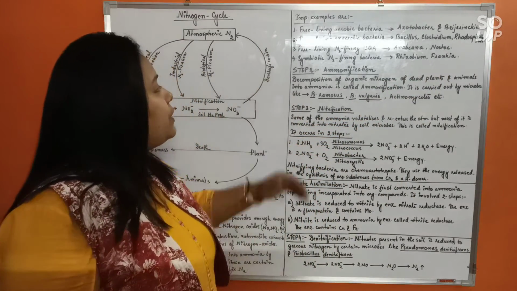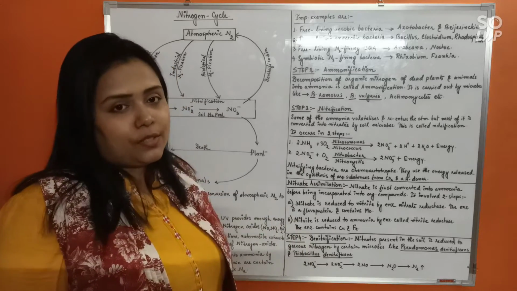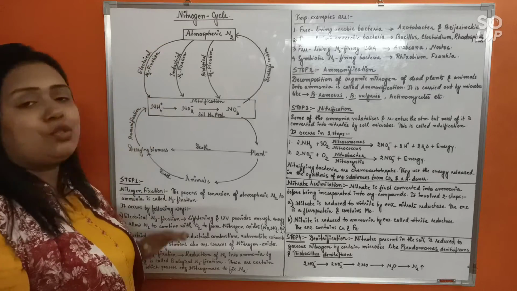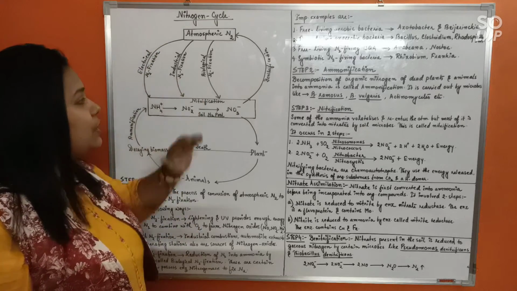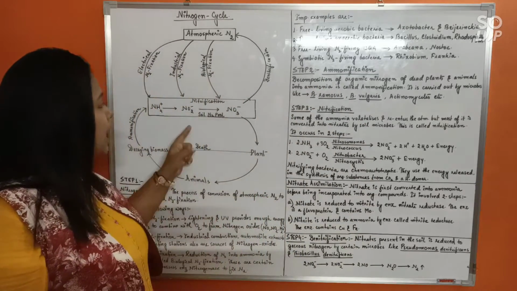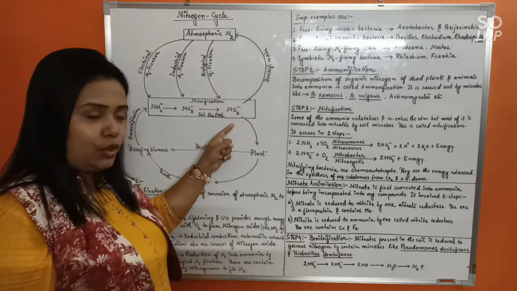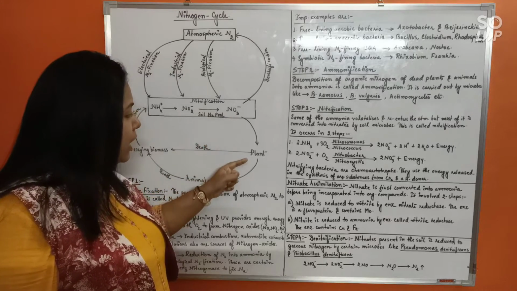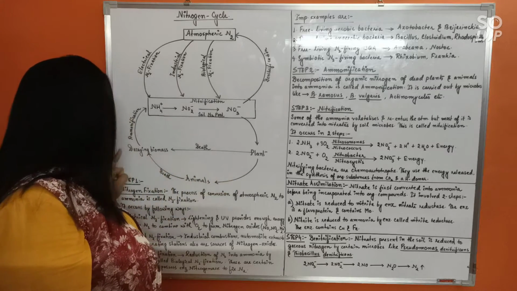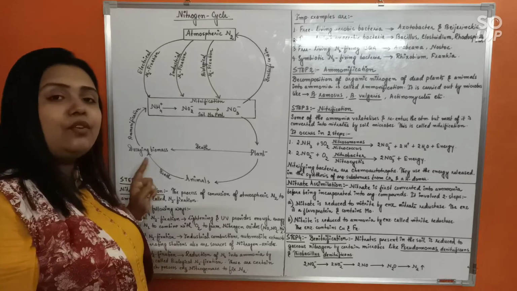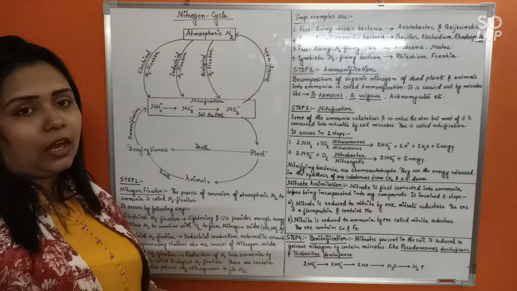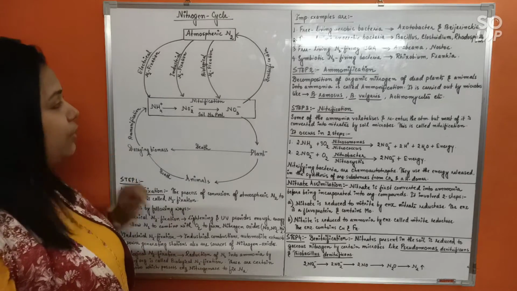Now, for step 2, after nitrogen fixation has finally occurred, that means atmospheric nitrogen has been converted to soil nitrogen forms by various processes, the next thing that we learn about is ammonification. Why? Because now as nitrogen is replenished in the soil, from the soil the plants would take it up, and from plants the animals would be receiving it. And when both would die, the nitrogen present in the dead remains of the plants and animals will be converted to ammonia. That is what ammonification is, right? So we are discussing ammonification.